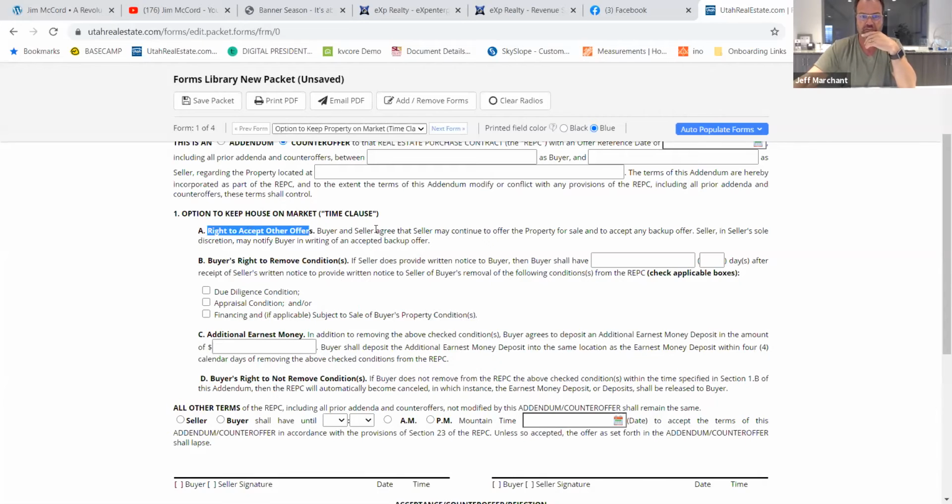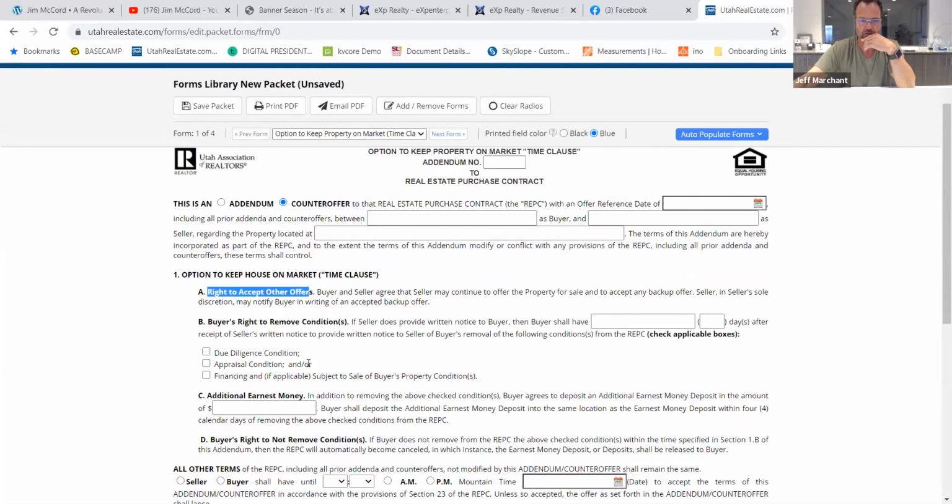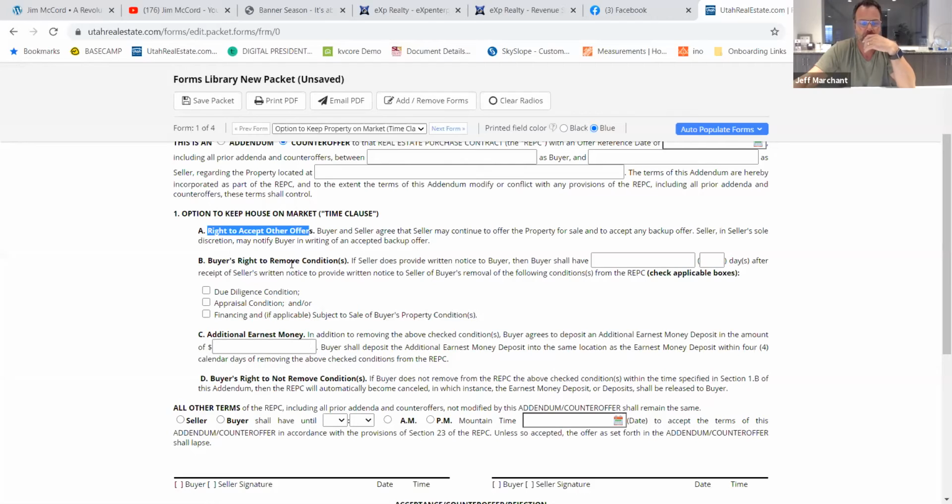So if you're doing a time clause, you're saying I have the right to keep it on the market. Buyer's right to, let's back up. So that's the right to accept other offers, and they will notify the buyer in writing if they receive a backup offer. Buyer's right to remove the conditions. If seller does provide written notice to buyer, then buyer shall have X amount of days after the receipt of seller's written notice to provide written notice to seller of buyer's removal of the following conditions. So due diligence, appraisal, and financing, to me,